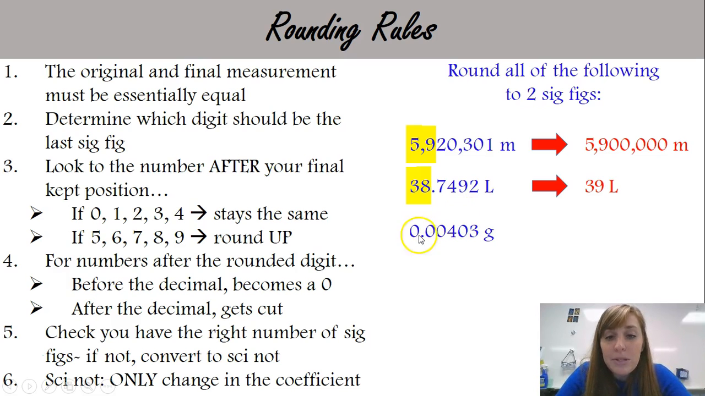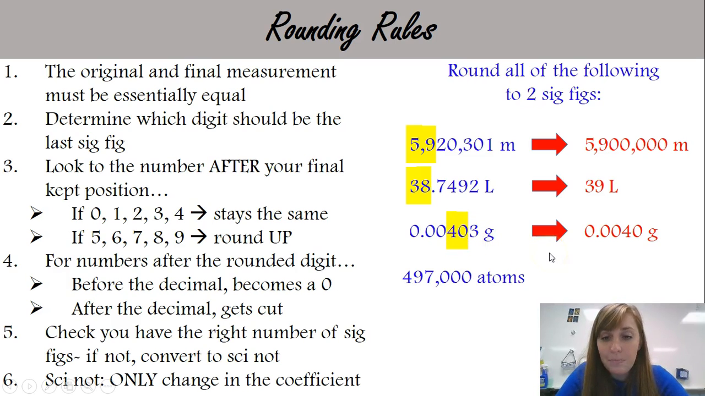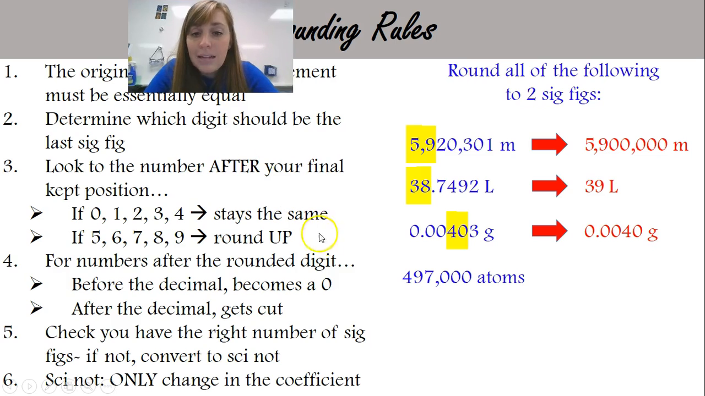The next example, 0.00403. My first 2 sig figs. So if I start on the left, the first non-zero digit is this 4. The digit right after it is the second. So if I'm rounding to 2 sig figs, I'm rounding at this position. The 3 after it does not bump it up. So this is going to stay the same. The 0.00, those are your placeholders. The 4 and the 0 stay because the 3 does not bump it up, and keep your grams. The last one here,